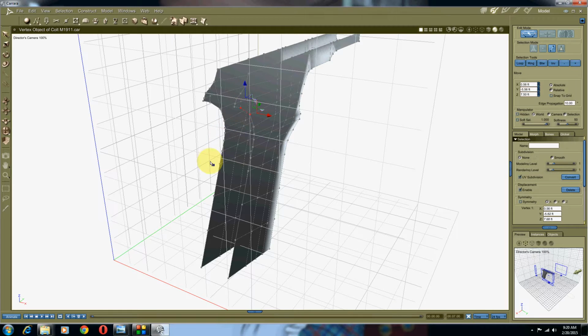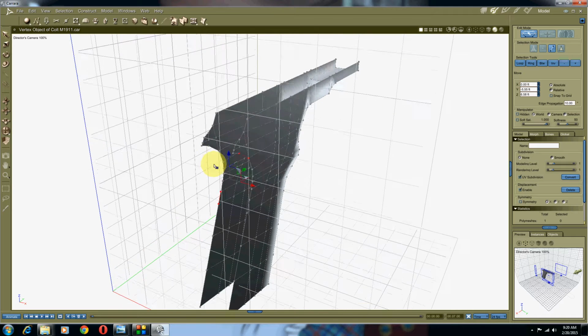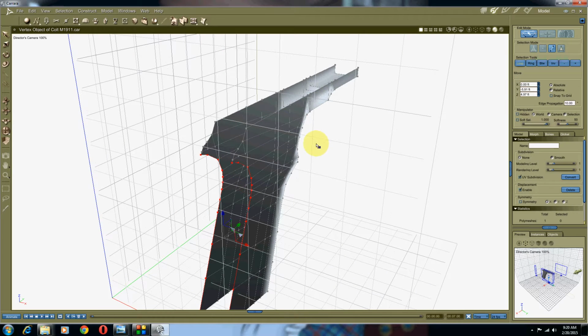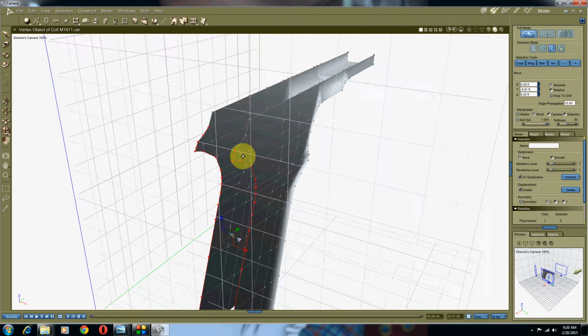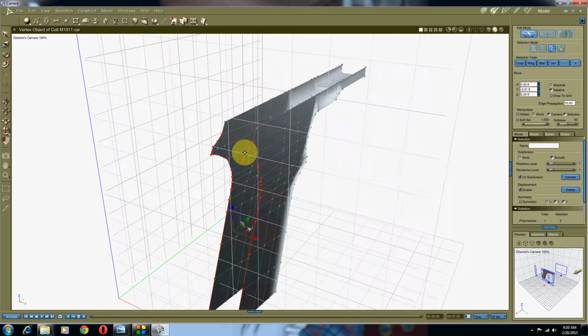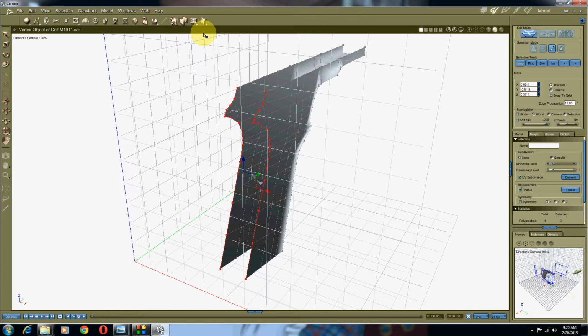So we're going to select this right here, these 2 edges. We're going to go loop right there. And now we're going to select these edges. This edge right here. And that segment, and we're going to go loop right there. So now we're going to hit the bridge tool. I don't think there's a shortcut for bridge, but you can click bridge right from this menu, or we